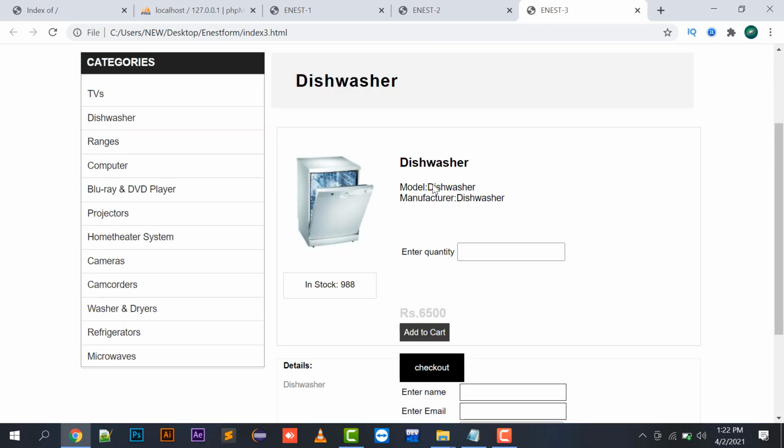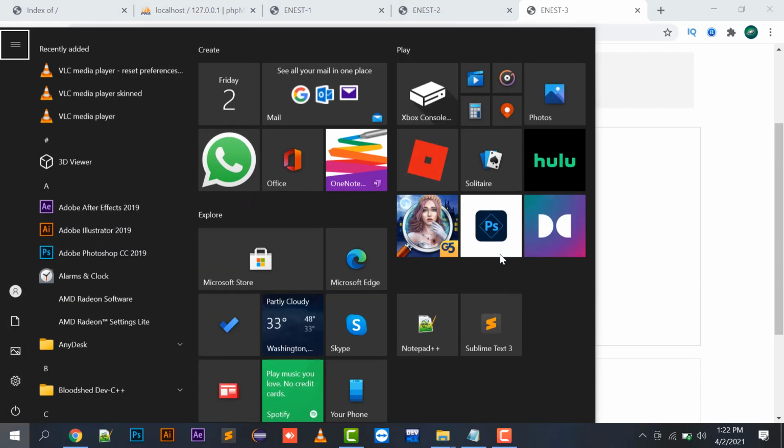This is a page where you can buy your product. You can enter your quantity over here, whatever quantity you want to add in your shopping cart.